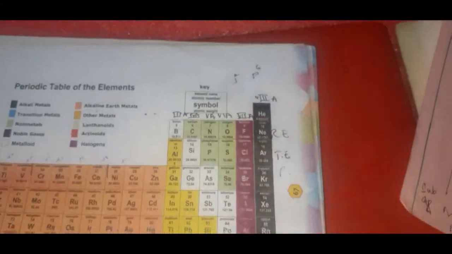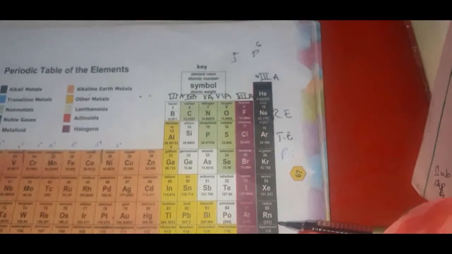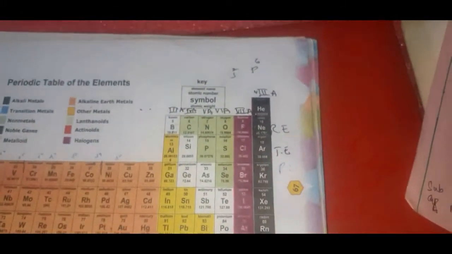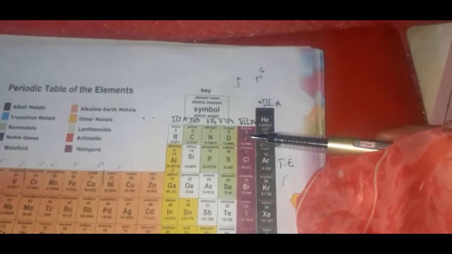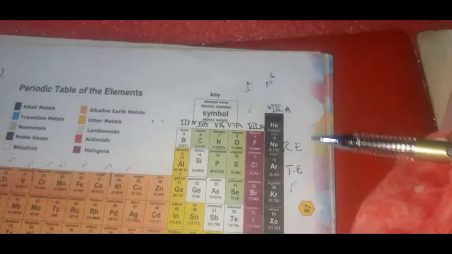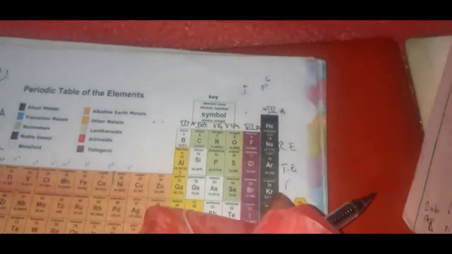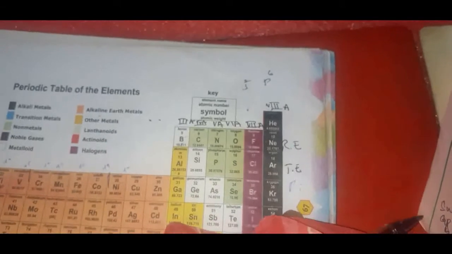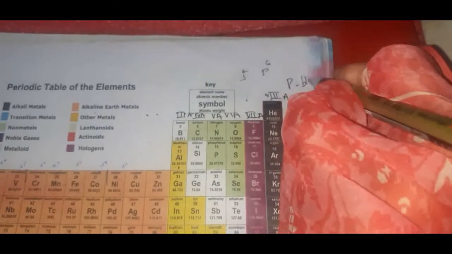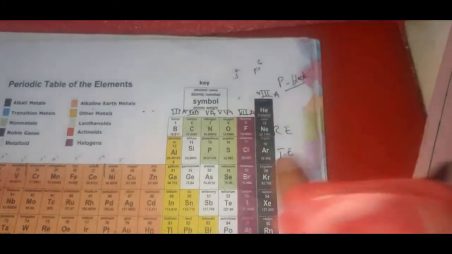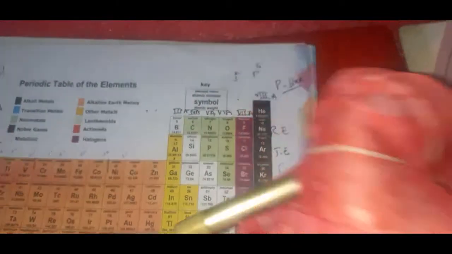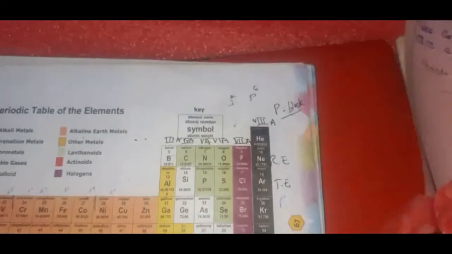So 6, 7, 8. The maximum electrons will occupy here in the last group, that's 8A. This means a total of 8 electrons will be here. Here 7 electrons will be in the outermost shell. So 6, 7, 8. This means the P block can be filled, right? So all these 6 groups at the right hand side of the periodic table are called P block elements because their last shell where the electrons are occupied is the P block. Okay, let me give you an example.